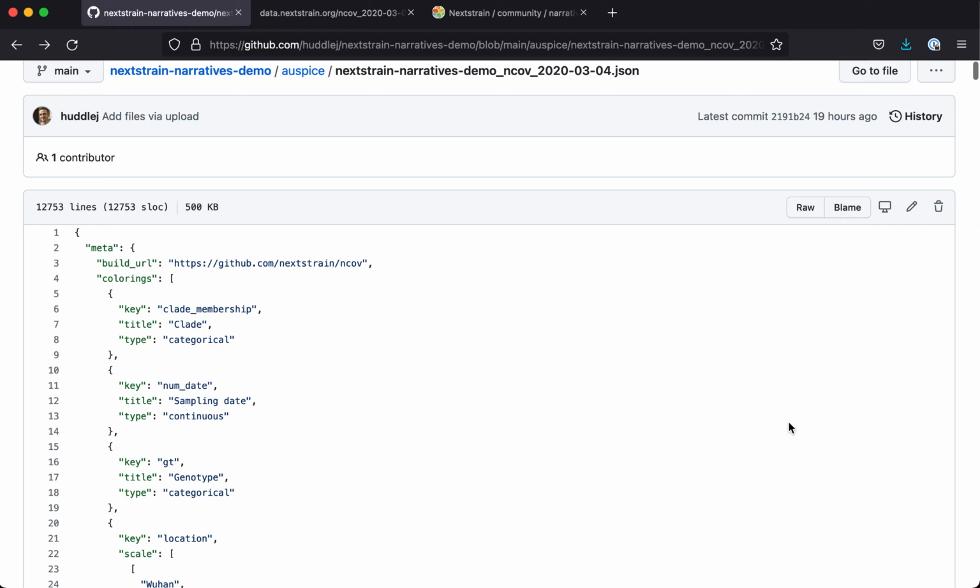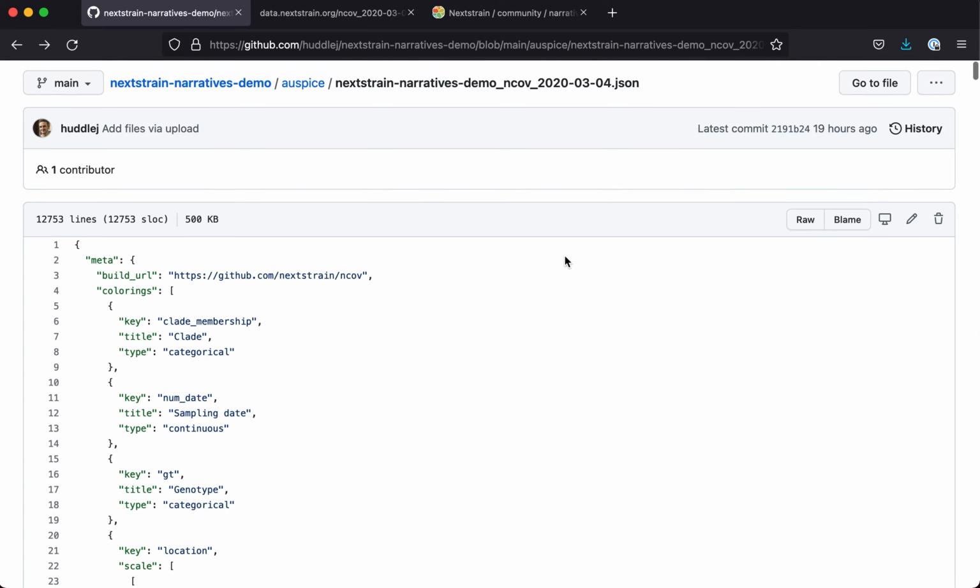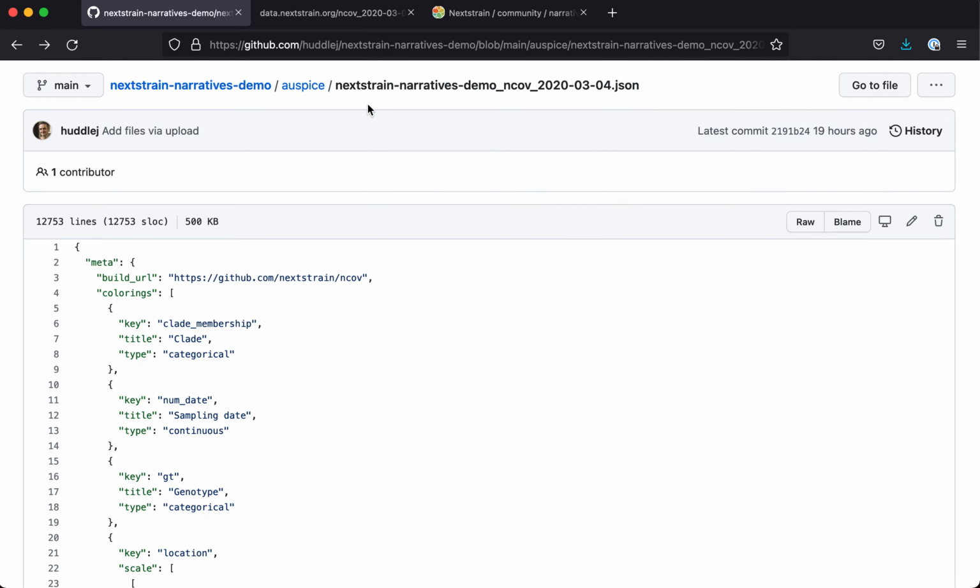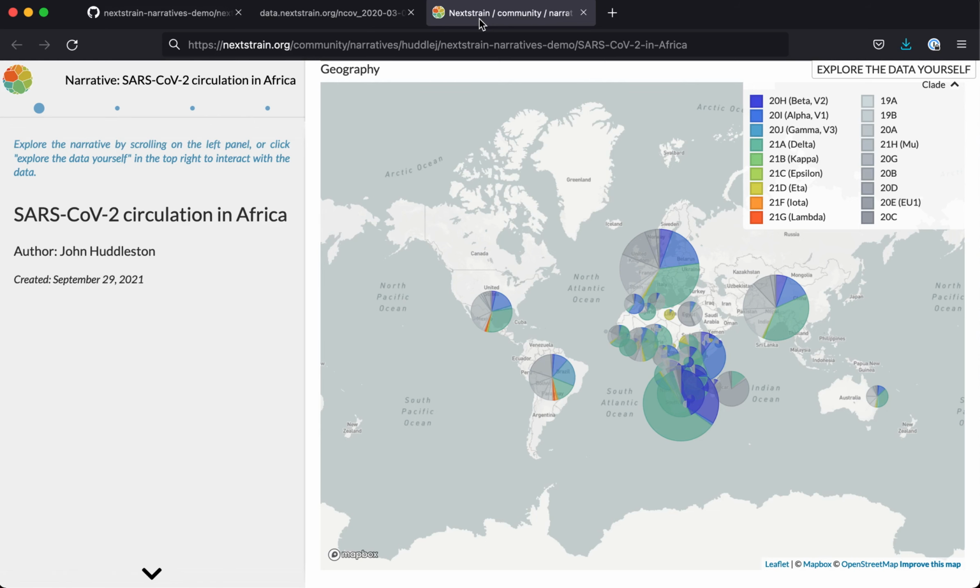Now that we've uploaded a nextstrain auspice JSON, we can view this JSON through the nextstrain.org interface that will be sourcing from this GitHub repository. We'll notice that we named this analysis JSON file with a prefix that matches the repository name, and then the name of the file continues on to what will be displayed in the nextstrain.org URL. We've seen this pattern previously when we looked at our narratives that we were sourcing from the community interface, where